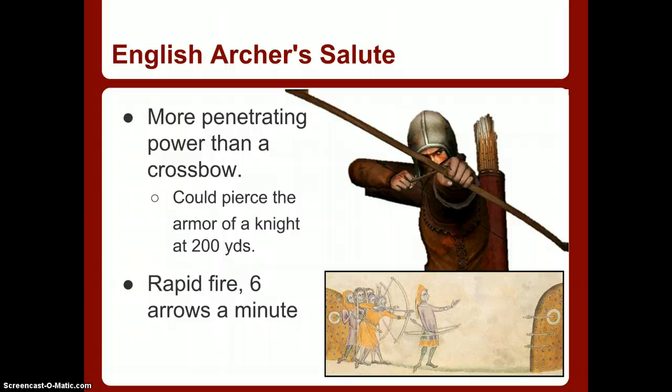One interesting story, if you take a look at this image right here: the English archers were so feared that the French, when they would catch them, would cut off their 2 fingers. And so those that weren't caught would hold up these 2 fingers, and it would be the ultimate sign of disrespect for the French. It's the equivalent of holding up the middle finger in our culture today.